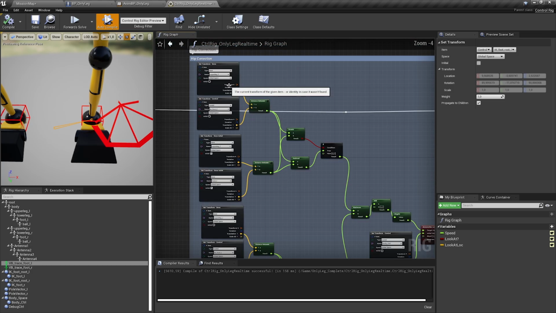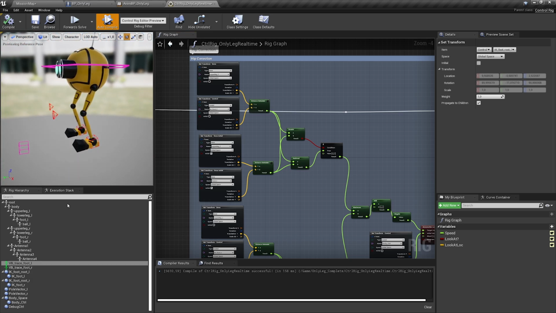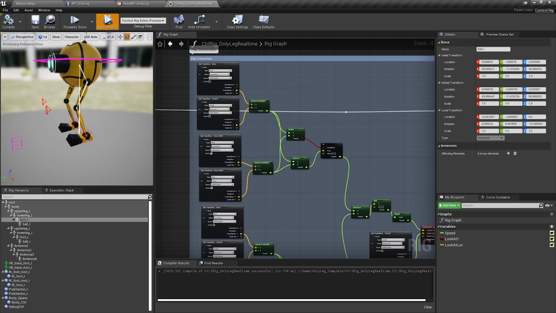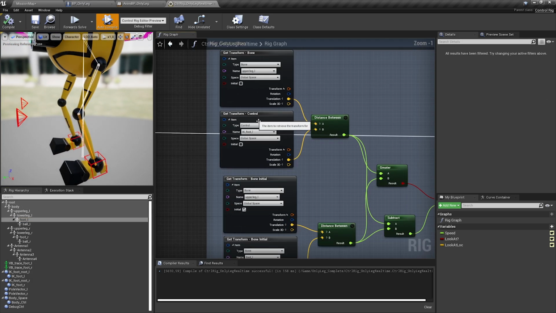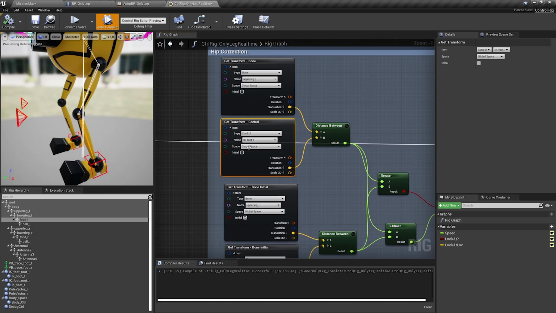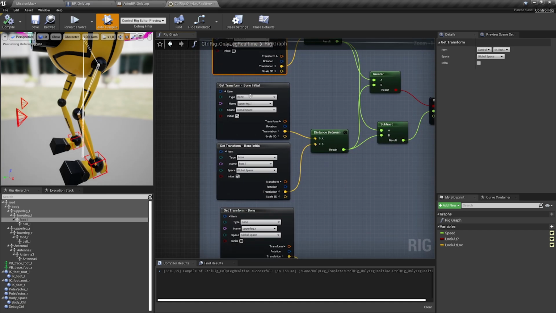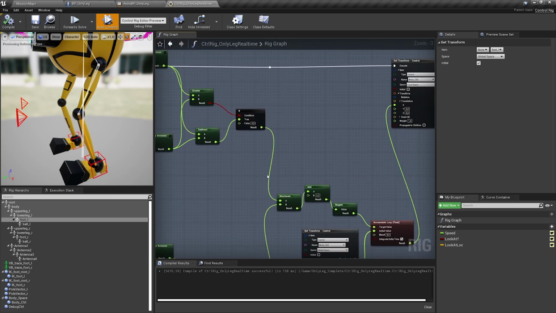Let's take a look at the hip correction. So for the hip correction, I'm having the bones of foot and the feet, and I can compare the newly computed IK with the initial length of that chain.